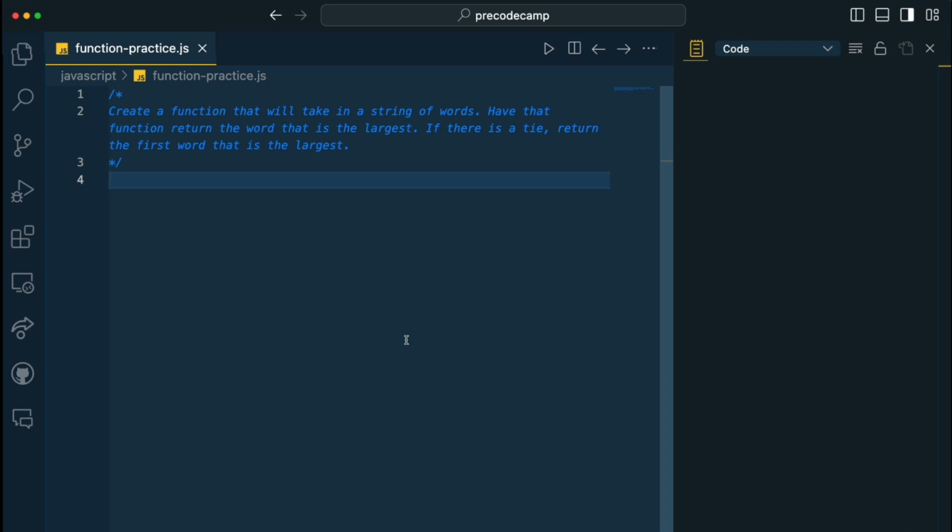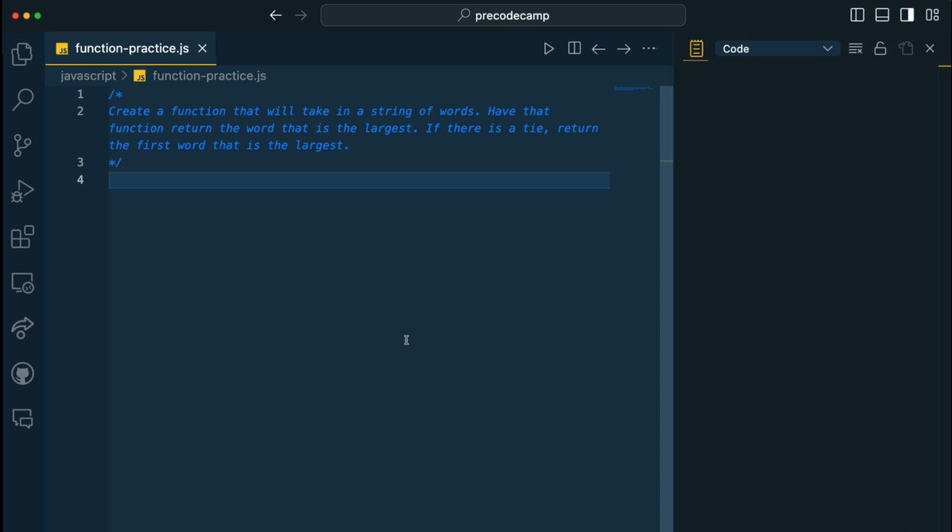Now, I'm in Visual Studio Code. If you don't have Visual Studio Code or you're looking to get yours set up like this in order to get it to work, we have a video set up. Take a look in the description and you can follow along with getting that set up. Now, of course, you can always go online using something like JS Fiddle, CodePen, those sort of things all work